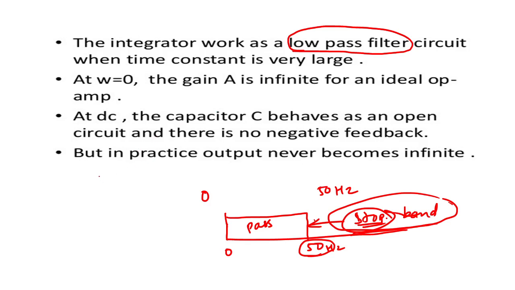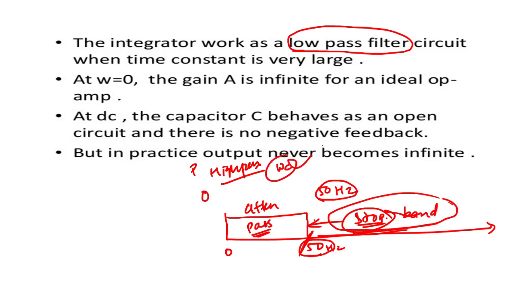The high pass filter passes signals from the frequency of 50, for example, from this frequency above, and from 0 to this it will stop. This is my attenuation over there, and from this up to infinity it will pass. That is my high pass filter. The frequency at which the filter starts to pass or start to attenuate is called the critical frequency, that is omega c. Normally you will say it is the cutoff frequency fc.